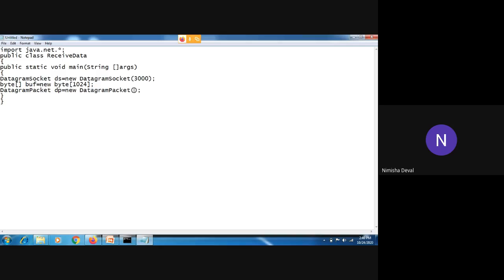Again here you have to mention your buffer size and the packet size, and after that use the receive method to receive the data from the server side, and you need to print it on the console. So you can create an object of a string, and whatever data is fetched from that server you need to convert it. Okay, so dp dot get data,